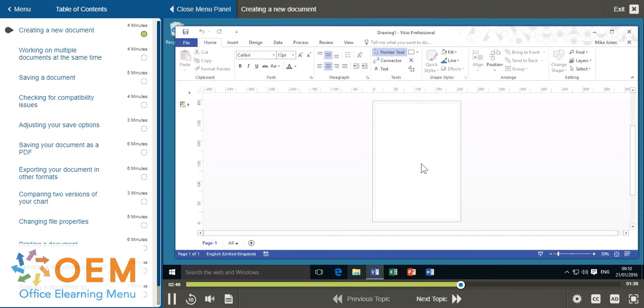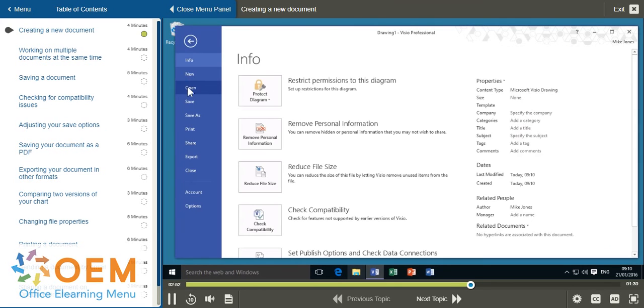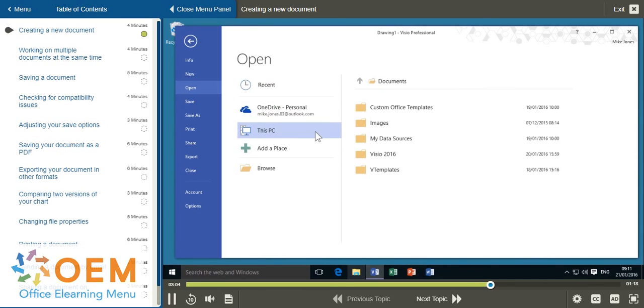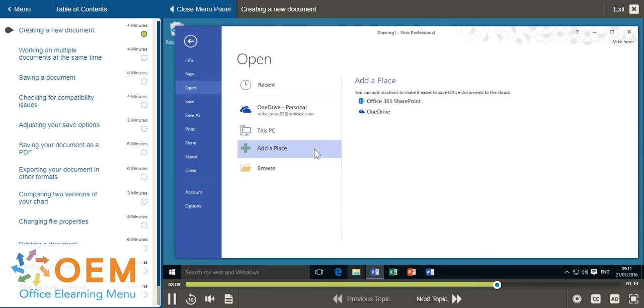I can open a document I previously had open at any point by going to my File menu and then going down to Open. Here I'll have the option either of opening a recent document, which I'll find in the middle of the page, or choosing another location, such as my OneDrive or the computer I'm currently using. I also have the option to add a place, which will allow me